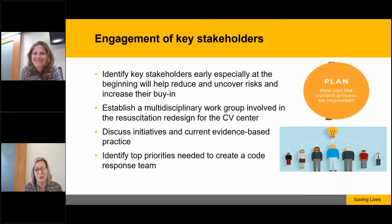Don't they like crush ribs and break sternums? So that's what we had to overcome. And the truth to that is, if the device is placed properly, it should not be causing any harm to the patient. So once we got the buy-in to proceed with these protocols, then it was time to establish a